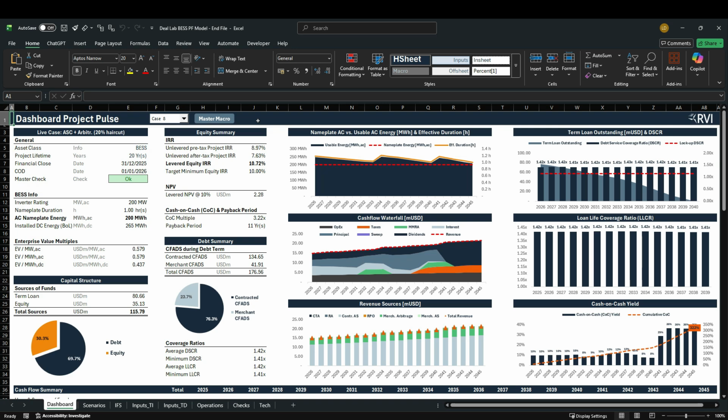In the previous lesson, we finalized unlevered taxes and calculated the unlevered after-tax project IRR. And now it's time to layer in debt, so we can move from project returns to the levered equity IRR, i.e. what equity actually earns once financing is in place. This lesson's focus is the foundation for everything that comes next: CFADS, cash flow available for debt service, and how we split it into contracted versus merchant CFADS for debt structuring